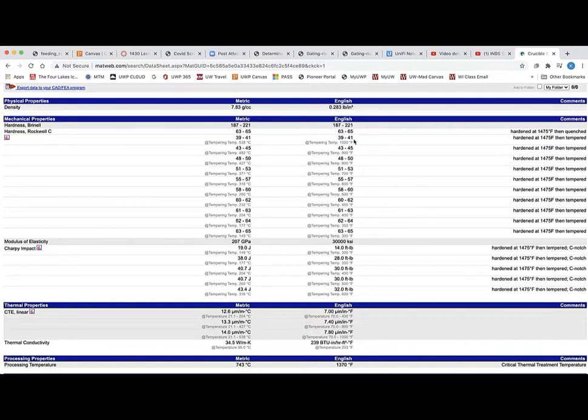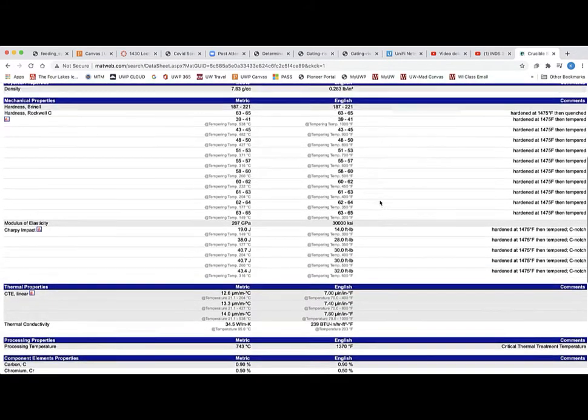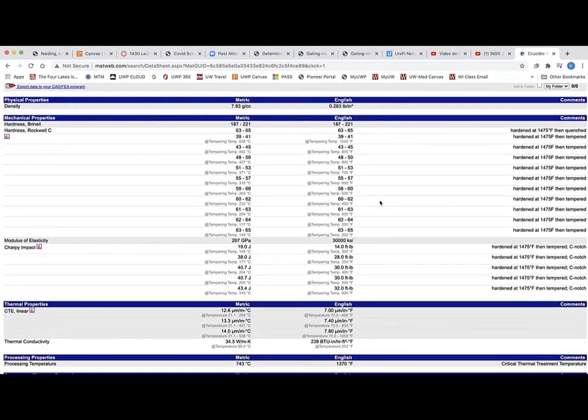Okay, so this untempered is from 63 to 65 Rockwell C hardness. If we temper it at 1,000 degrees, it's 39 to 41. If we temper it at 300 degrees, it's 63 to 65. So the deal is, the higher the temperature we temper it at, so we heat it up, we quench it in oil, which is what you're doing, and then if we put it in at 600 degrees, or 700 degrees